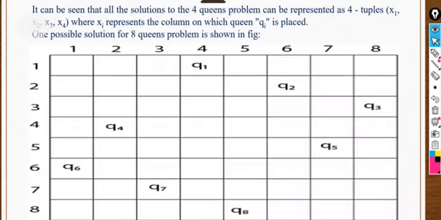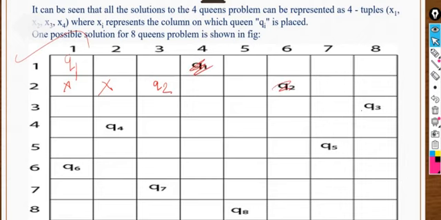Next, about the 8 queen problem, we have an 8 by 8 chessboard, and we have to align in the same manner that we discussed for the 4 queen. We start from q1 here, right? Now we have to check it for q2. Q2 cannot be placed here, q2 cannot be placed here, but q2 can be placed here. Yes, there is no problem, right?